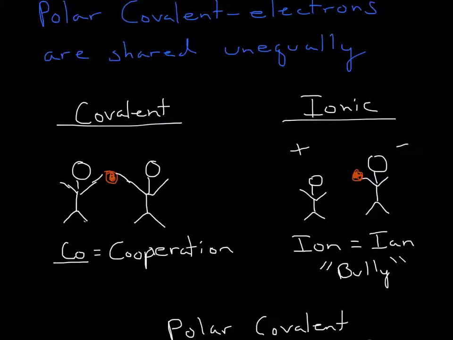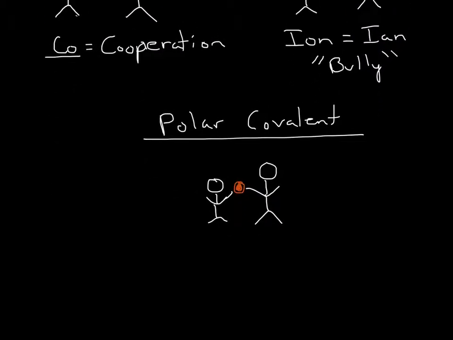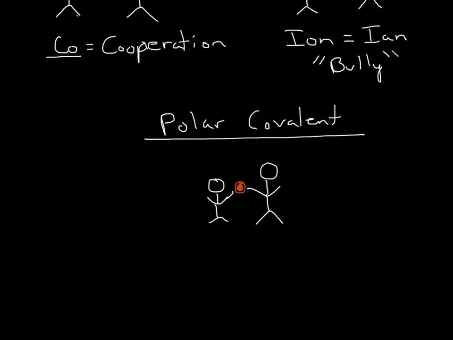So the orange can represent the electron, and since it is given to the bully, it becomes negative. On this side, since it lost the electron, it becomes positive, and opposites attract, therefore creating the bond. The final one is polar covalent, and for polar covalent, you can imagine it as